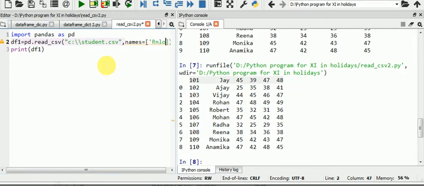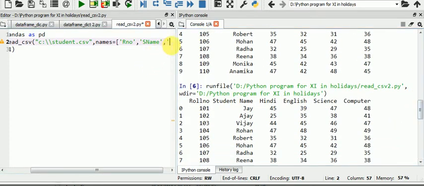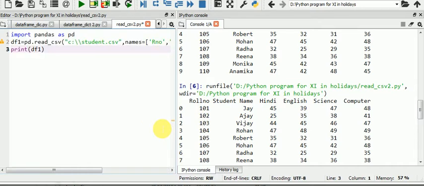Like here I am giving RNO for the first column, comma, then the second column, SNAME, comma, then the third column values Hindi, English and Science, so I am giving HIN, comma, ENG, then SCI, comma, and so on. Now run this.